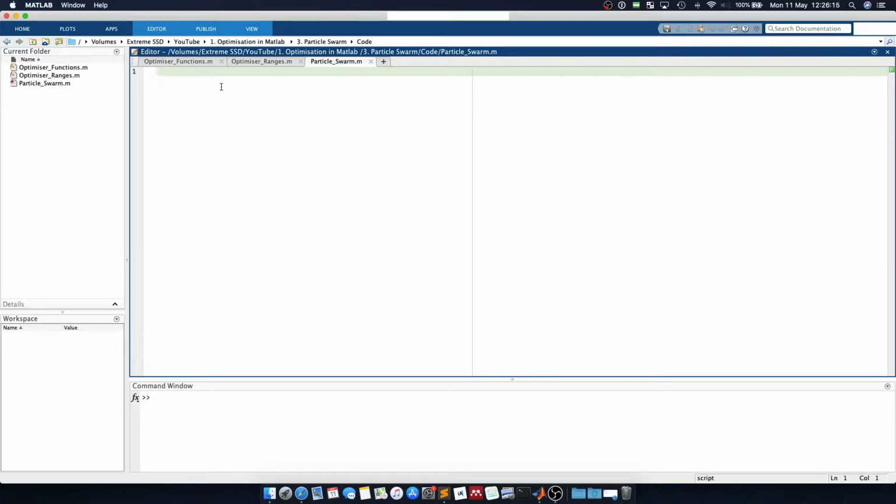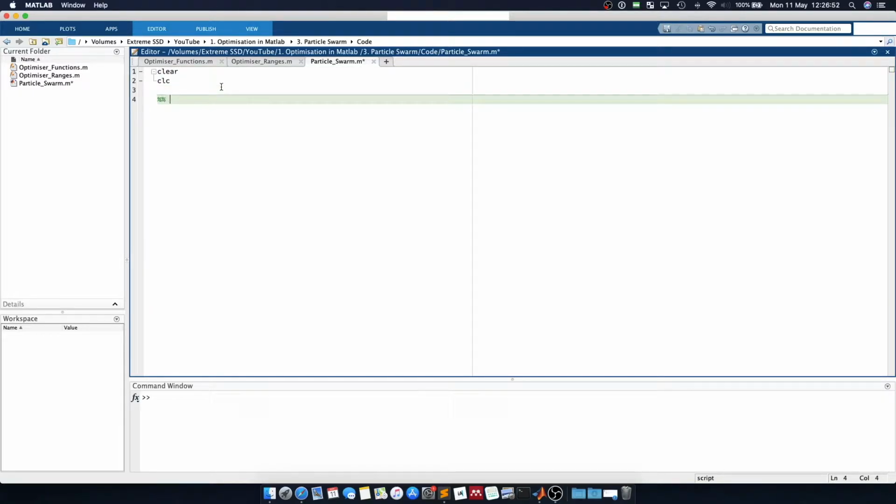So, Particle Swarm Optimisation is very similar to the BAT algorithm, which we coded up in the previous tutorial, in the sense that it mimics the movement of creatures through the search space. However, Particle Swarm Optimisation does not have the echolocation to assign random movements for bats. So in Particle Swarm we use inertial velocities and acceleration constants that are related to knowledge that the swarm currently has. So we're just going to start by clearing the workspace,